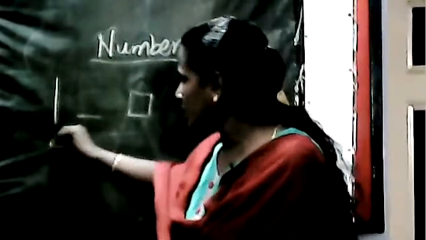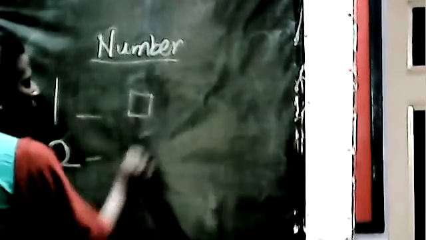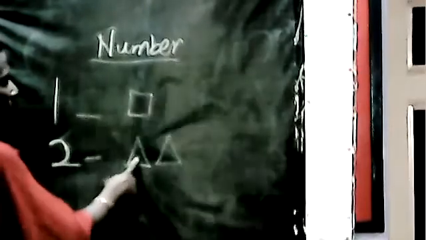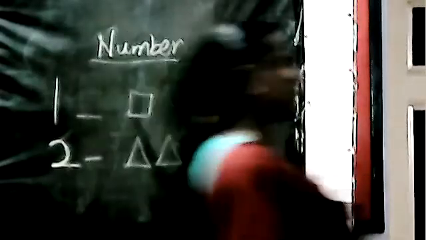Next, you know to write number 2 also, children. See here, number 2, you know to draw this curve, isn't it? You know to draw this curve. So see here, I am drawing a curve like this. Okay, right curve and a sleeping line. Okay, this is number 2. Now I am drawing two triangles. See here, count the triangles. 1, 2. So two triangles are there for this number.